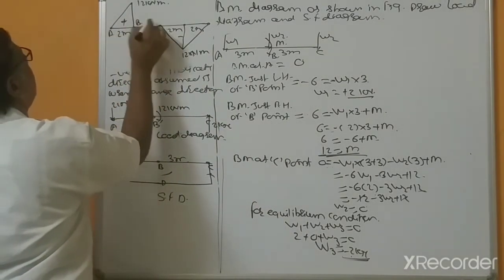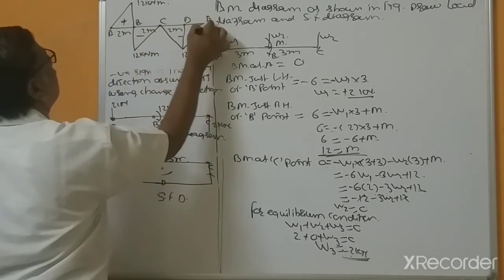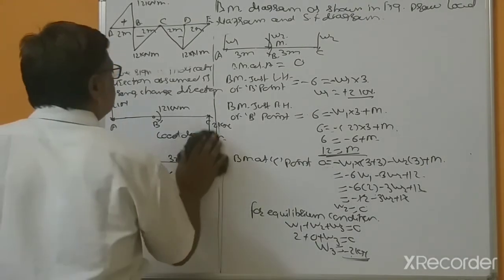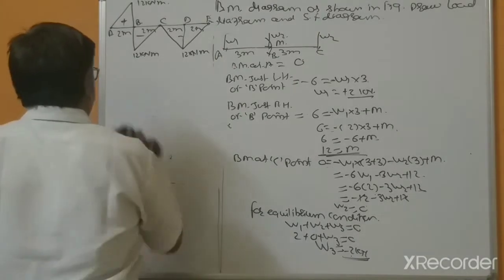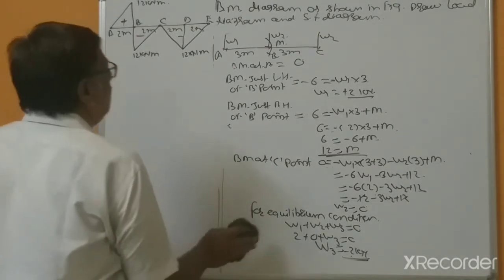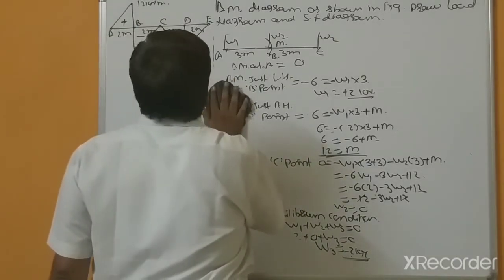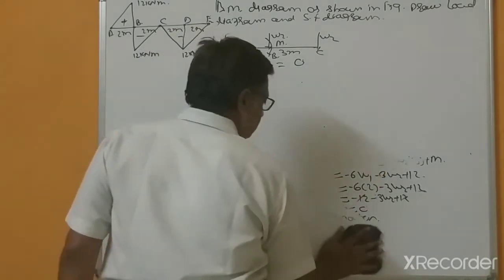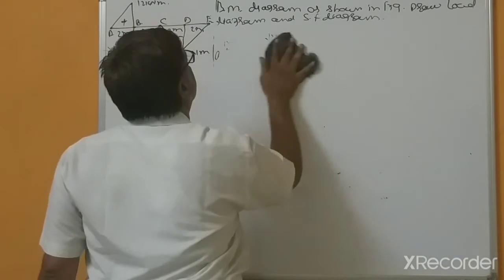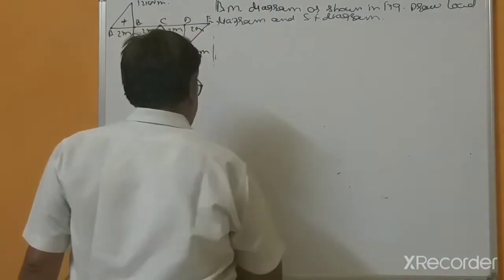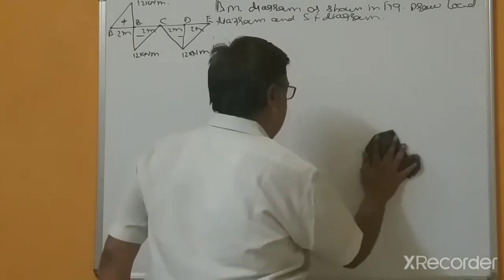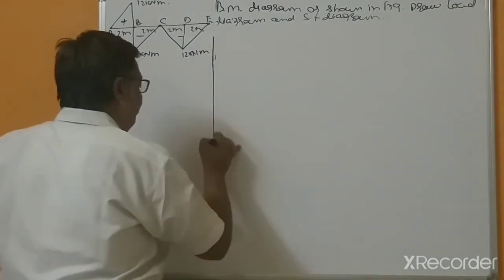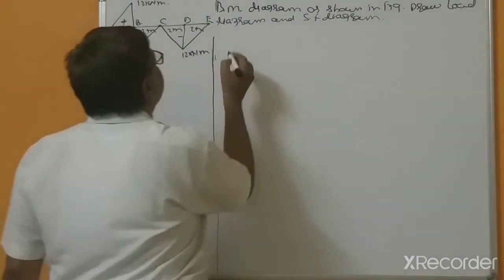Mark these points A, B, C, D and E. So this is the third problem. You have 5 points, which means we require more space. So again, you have 5 points, so that's why